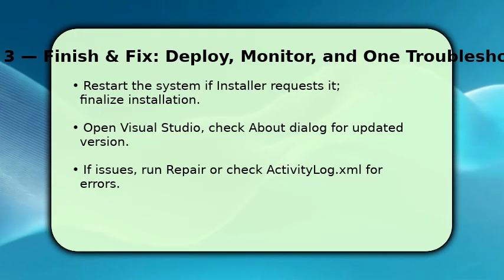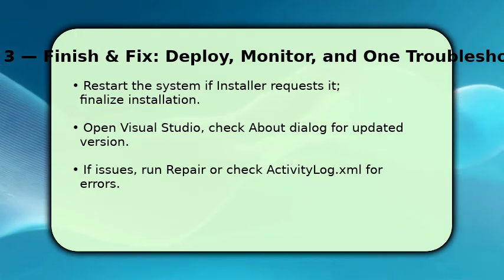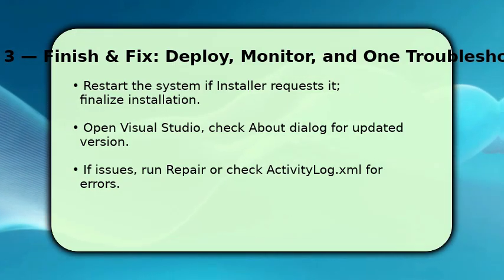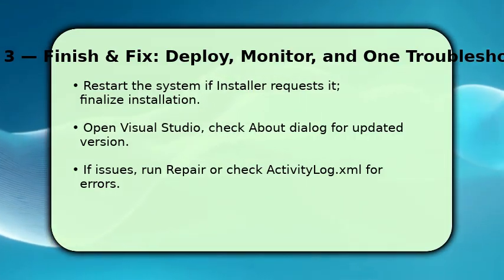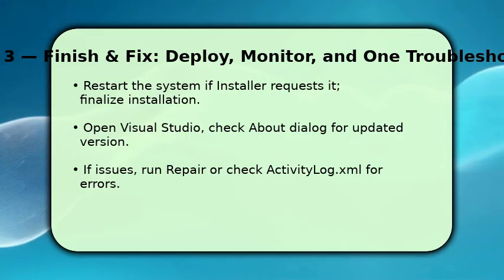Once rebooted, open Visual Studio and verify the update in Help About, confirm version numbers and installed workloads. Open a recent solution and build to ensure toolchains and extensions load correctly. If something fails, run the Visual Studio installer repair or review activity log XML for specific errors. That file points to missing extensions or a